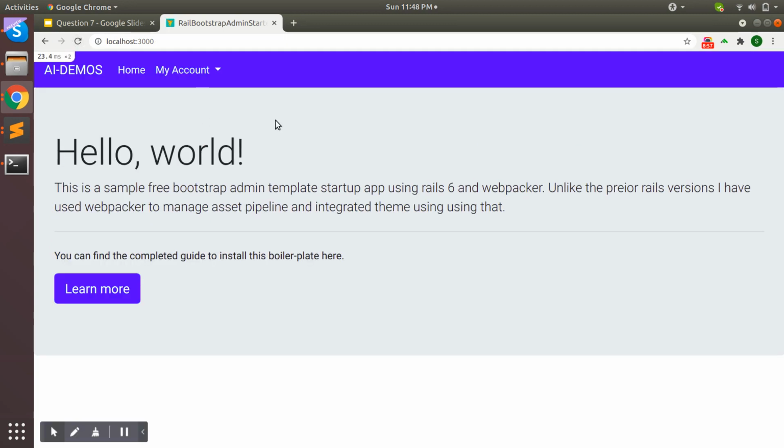So this is how we can use a common piece of view code in different templates or multiple templates using partials. So this is the importance of partials, and we also saw how we can pass local variables to the partial and how we can render a partial into a template.